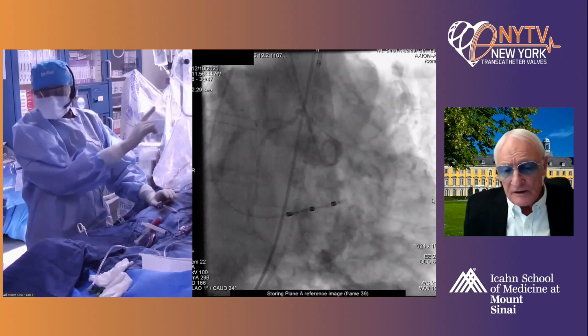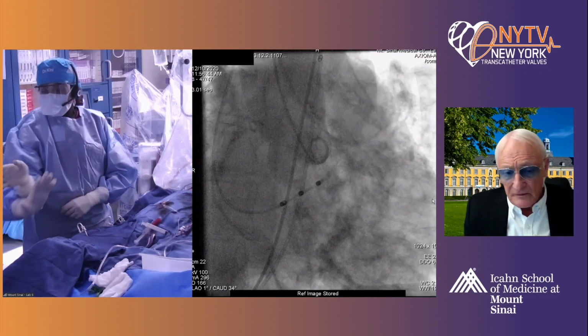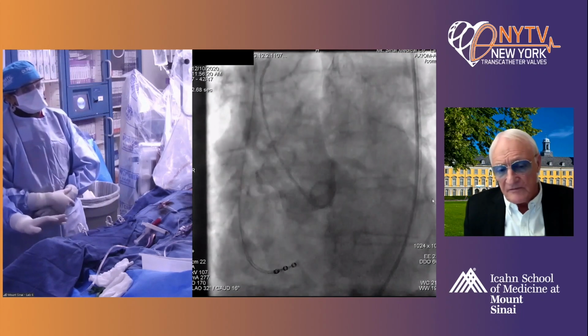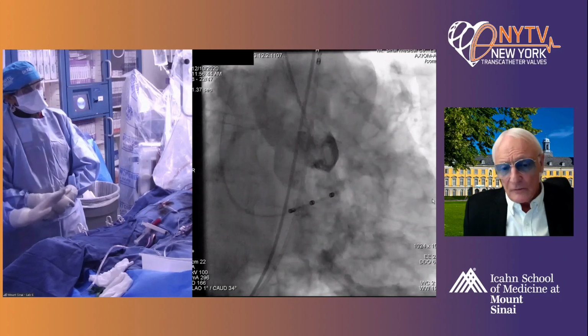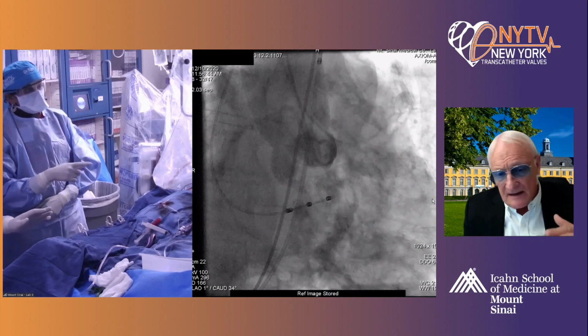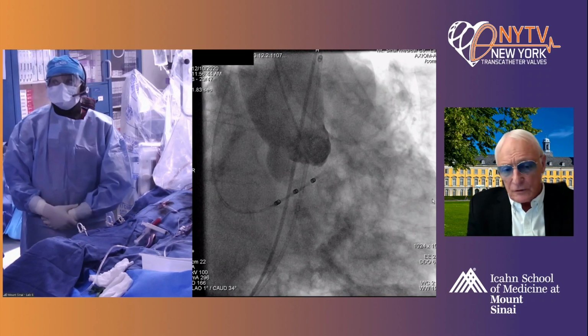But importantly, there's a change in the delivery of the CoreValve. When we started, we went into the ventricle, across the valve, and pulled the valve back. We don't do this anymore. We stay at the middle of the pigtail and then let the valve go down so it doesn't get in contact with the conductor system.